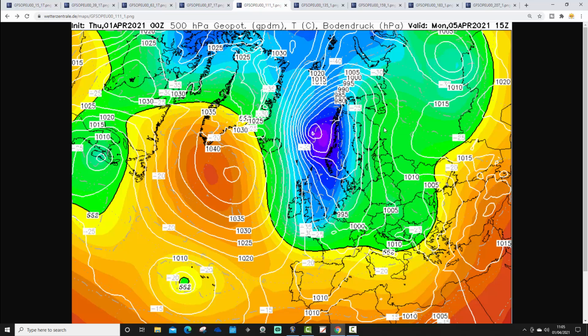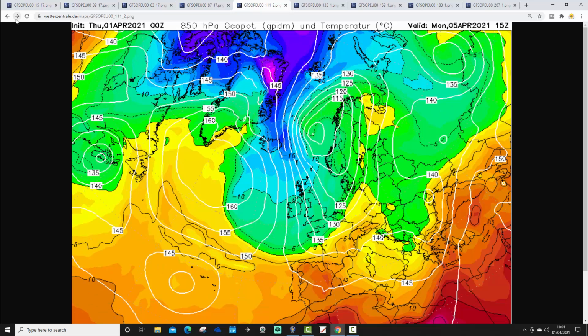Conversely, though, the east side of Europe will probably start to turn milder as we pick up a little bit more of a southerly wind ahead of this deep area of low pressure in the Norwegian Sea. Upper air temperatures look like that, so definitely getting milder on the east side of Europe. I mean, it's nothing to write home about, but it is turning a little bit milder on the eastern